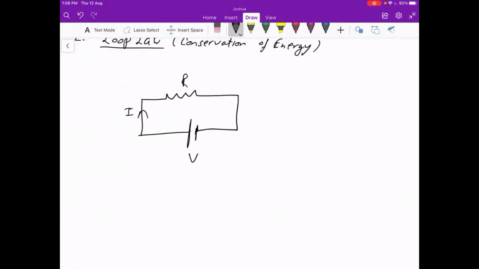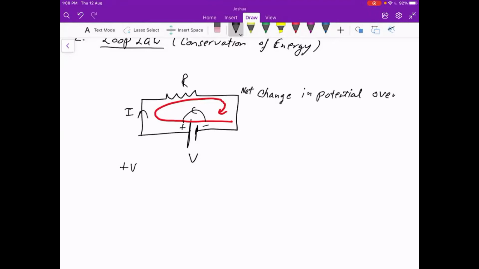I want to find current. So what I'll do is I'll start from here, take a loop, go around like this. In going around, I'm jumping off the battery, so I'm going from the negative to the positive terminal. There is an increase in potential. So net change in potential over one complete loop of the circuit